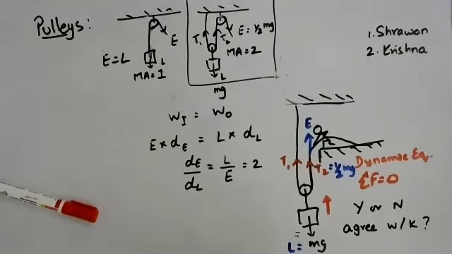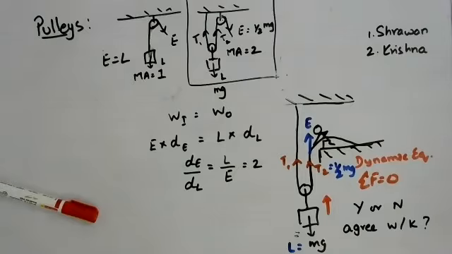Okay, so this is a little bit of a confusing thing generally, because it's a question of visualizing what happens. We have done the experiment and we have seen it, but still, again, when it comes in a theoretical form, it's still a little bit hazy for people. However, most people seem to agree with what Krishna said, that yes, that is what should be happening, because that is what this means. If the ratio of the effort's movement to the load's movement is 2, that means the effort has to move twice the amount of the load. Okay, or the load will only climb half the amount of the effort, however you want to put it.